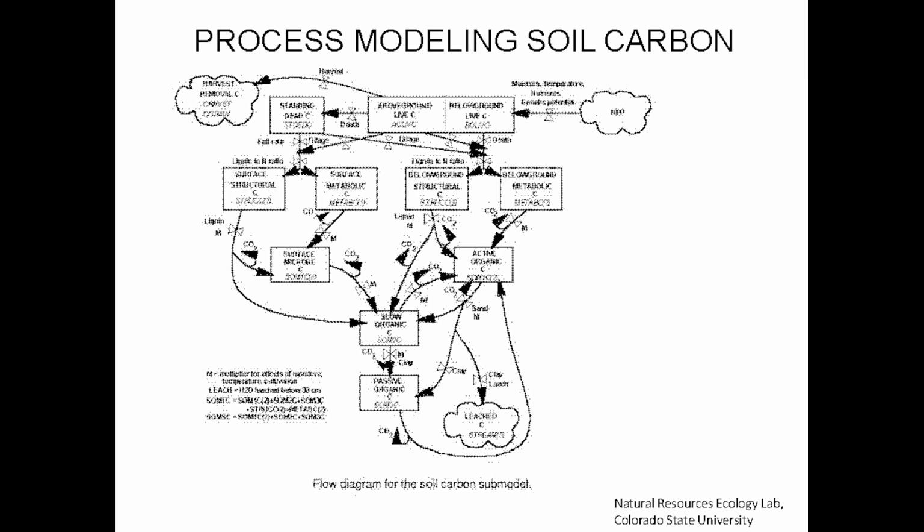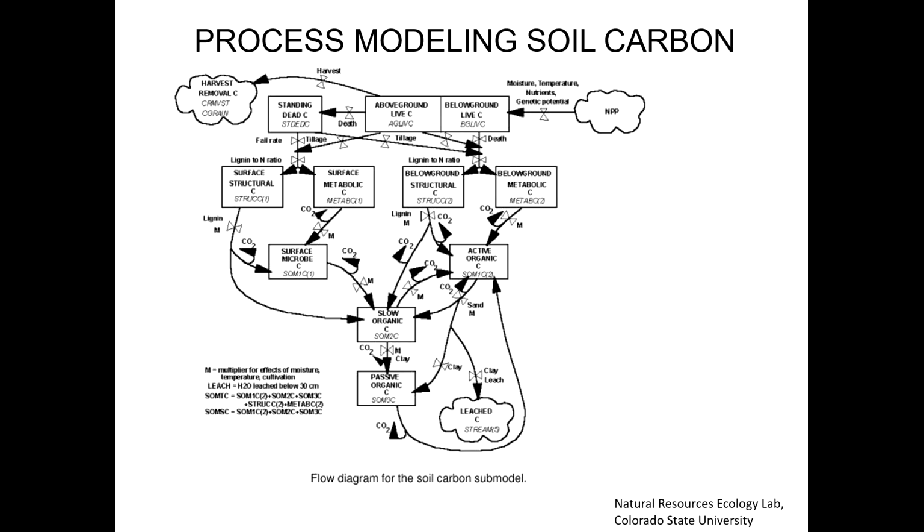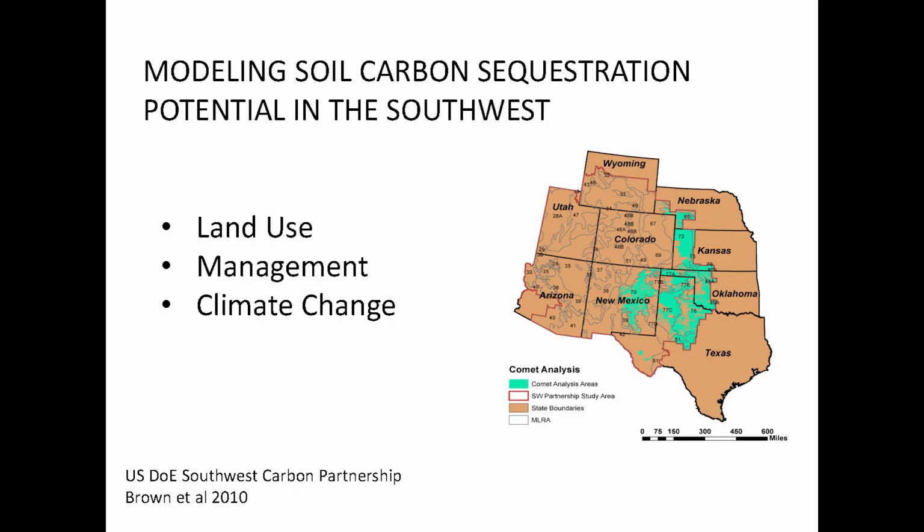But that's the flow diagram there. And this thing actually winds up with the active, that's the annual, the slow, that's the decadal change, and then that's the passive, or the calcium carbonate. Net primary production, rainfall, inherent soil fertility. That list I gave you when we first started, that's it. Temperature change. Okay, we did some of this in a DOE-funded project about 10 years ago.